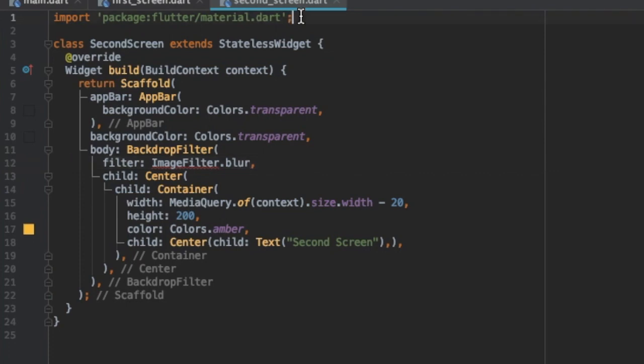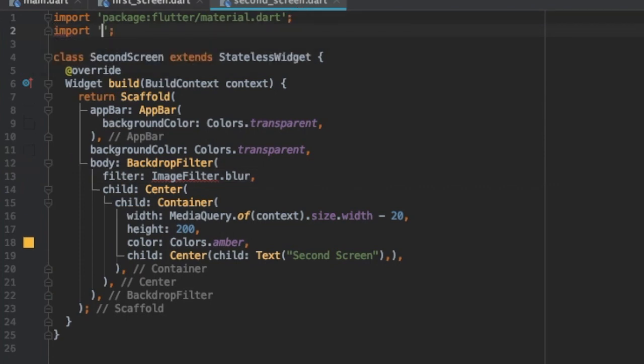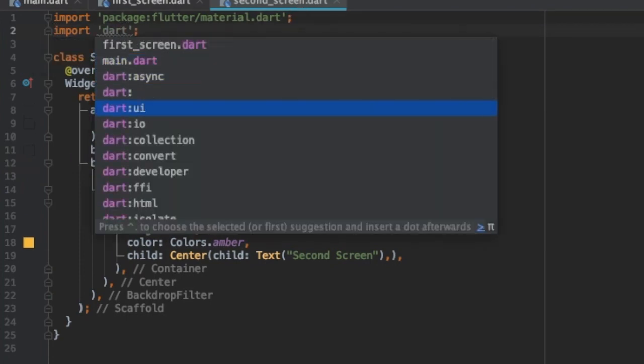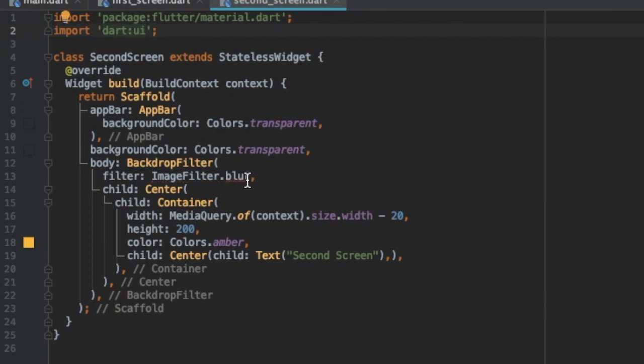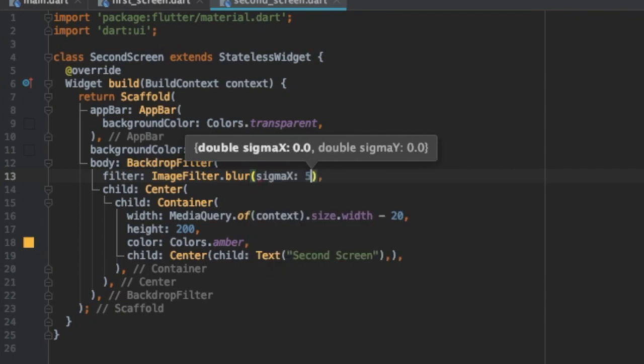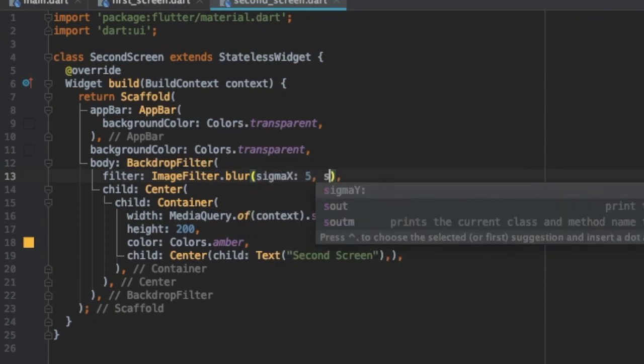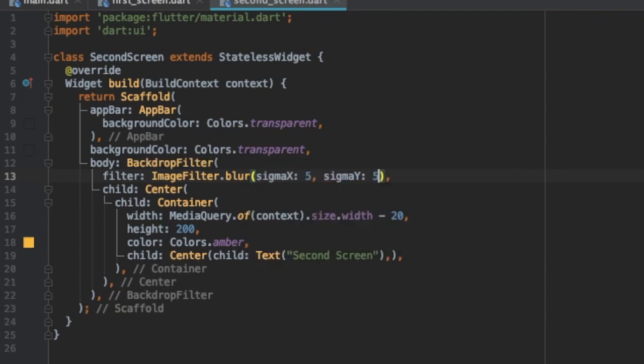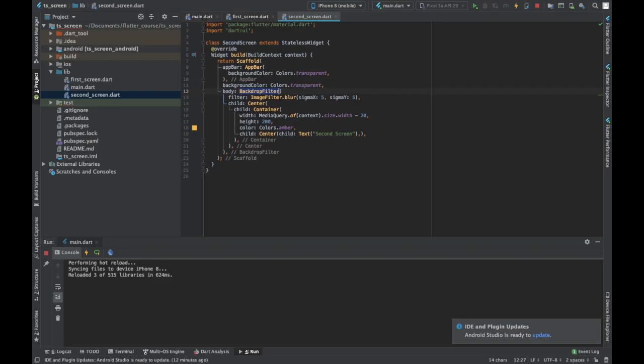To use this, you have to import dart:ui, ui.ImageFilter.blur, with sigmaX of 5 and sigmaY of 5. So this creates a blur effect for the backdrop, which we are going to need in future.